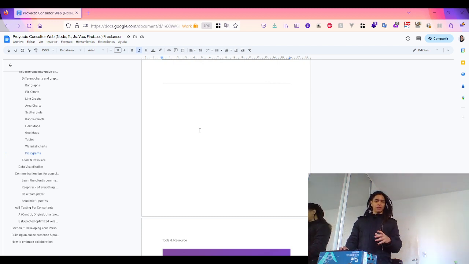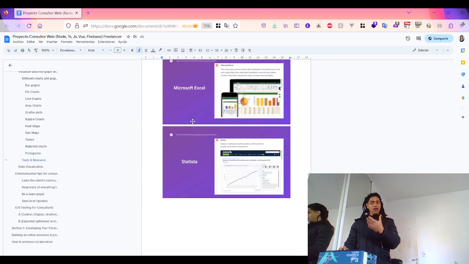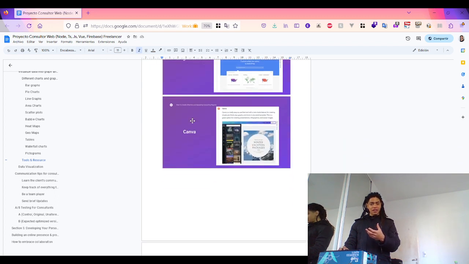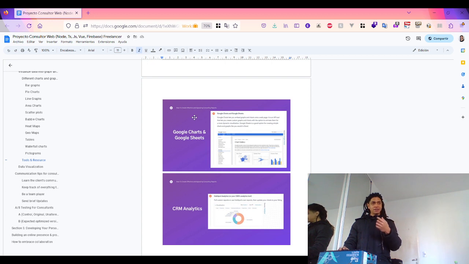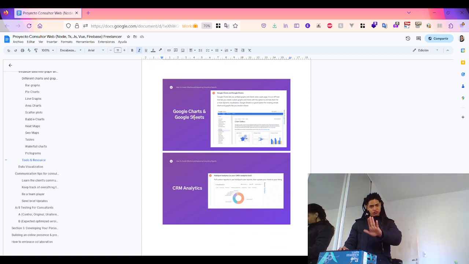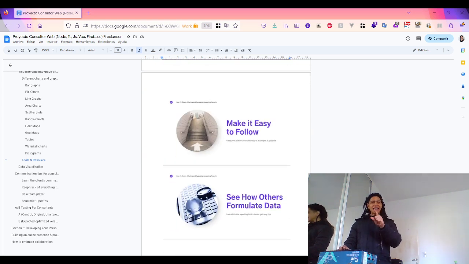And after you know all of this data visualization, all of these graphs and their use cases, now it is time to know how you can show that in a visually engaging way. Stay organized using different tools to leverage your report, whether it's Canva to generate this report, or Google Trends to quote a source, as well as Statista, even your own CRM analytics, Microsoft Excel. And when it comes to showing this data, make it easy to follow, see how others are formulating data, and show that you understand